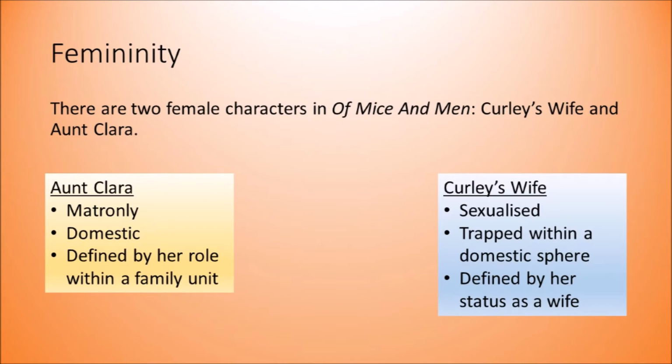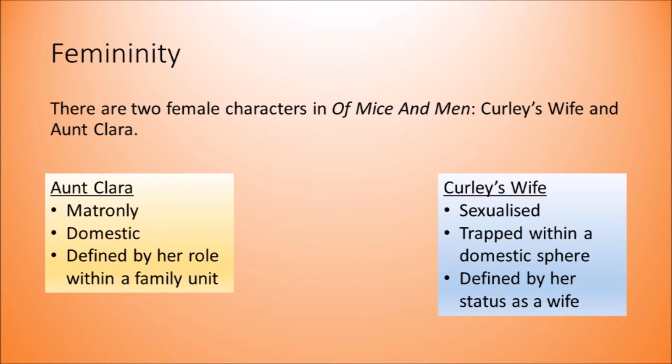So let's start to look at some details, and we'll begin by looking at a concept of femininity and what it means to be feminine. There aren't many female characters in Of Mice and Men. Curly's wife is the only one who actually shows up, but we're told about some others, specifically Aunt Clara. Aunt Clara, Curly's wife, and very indirectly the prostitutes at the brothel the male characters visit, are the only female characters we encounter in this novel.